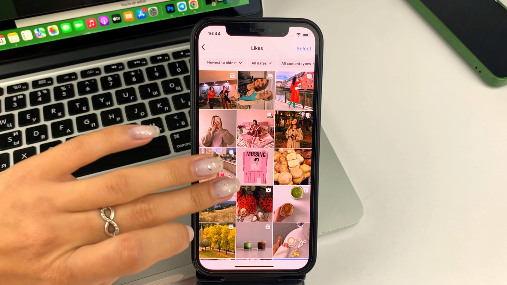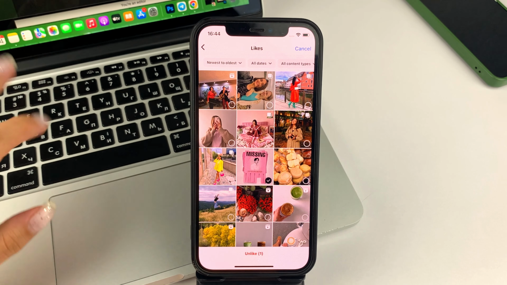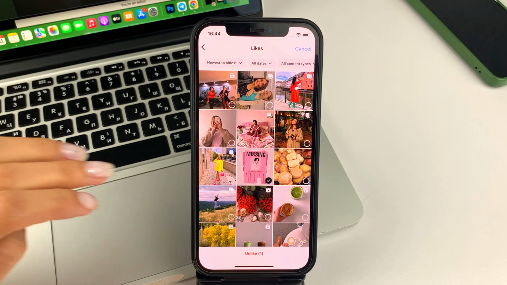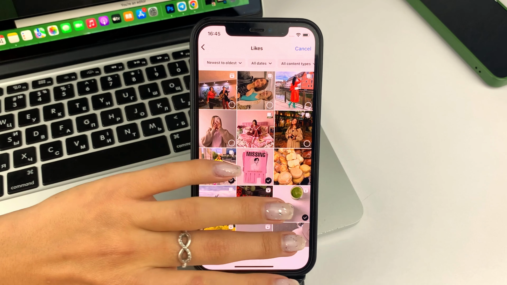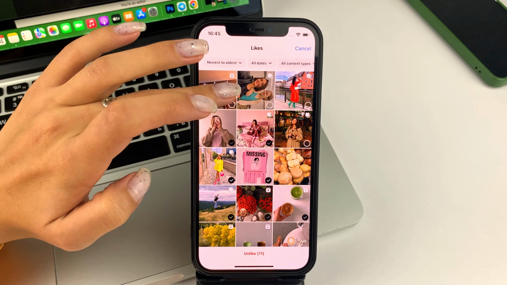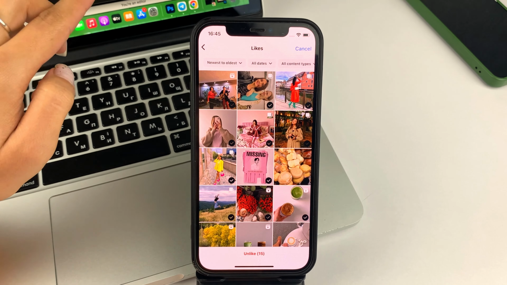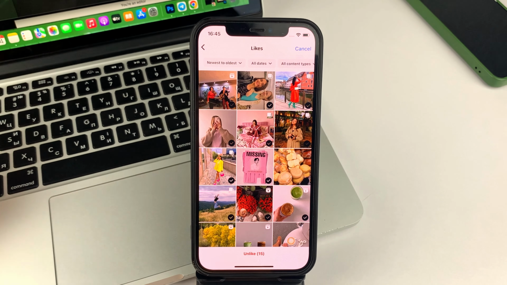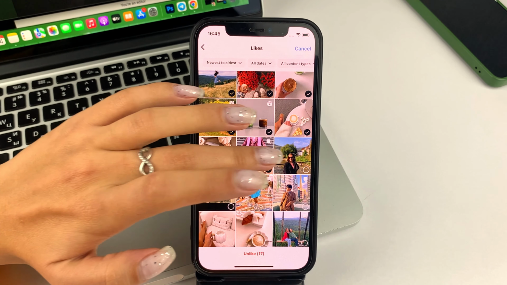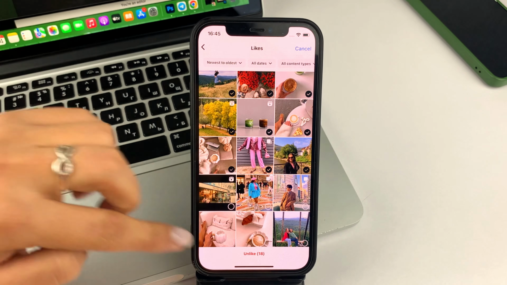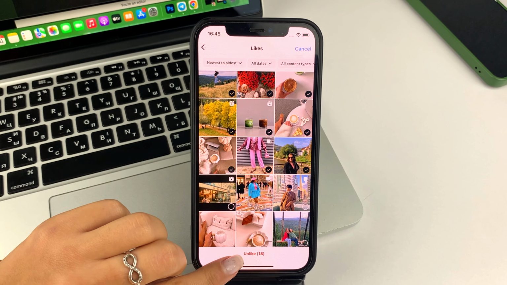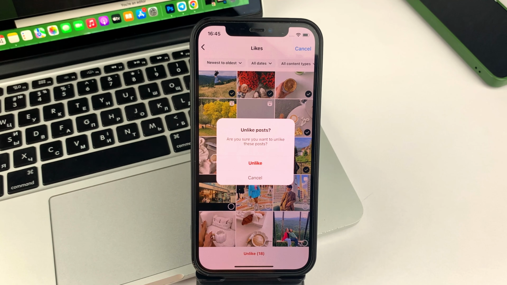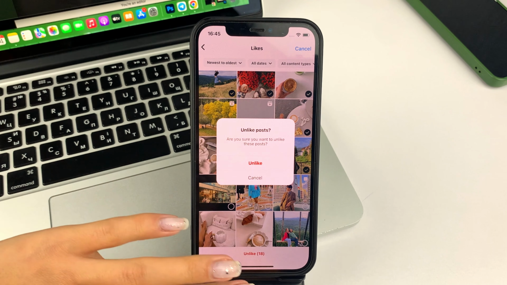If you want to delete more than one post, then you will also need to click and hold on any post that you have liked. And further, you will need to manually tag every post you have. Unfortunately, there's no Instagram option to select all photos, all posts at once. And so you'll have to manually select all the posts that you previously liked. And then at the bottom, just click delete and confirm your action. And then you'll remove all the likes from those posts on Instagram.